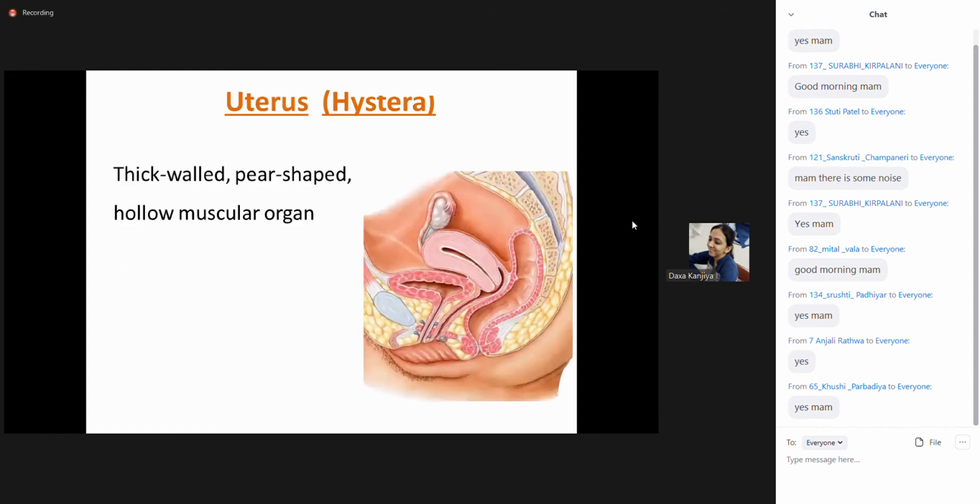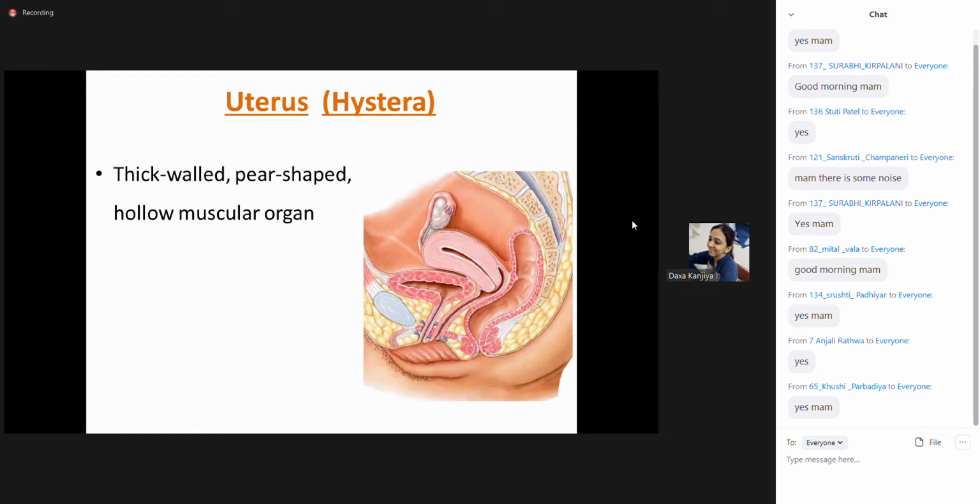The word uterus is derived from the word hystera, and from that hystera various words are derived, like hysterectomy. Hysterectomy means removal of the uterus. Hysteroscopy means internal visualization of the uterus. Hysterosalpingography is again a radiological procedure